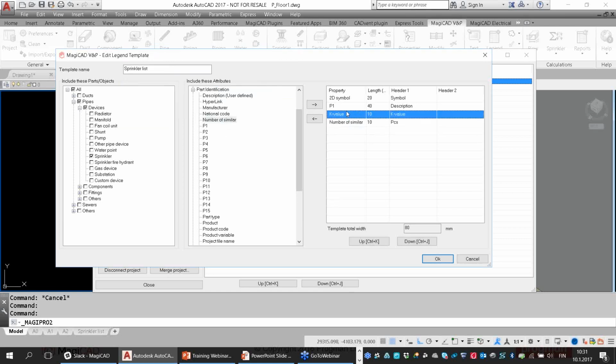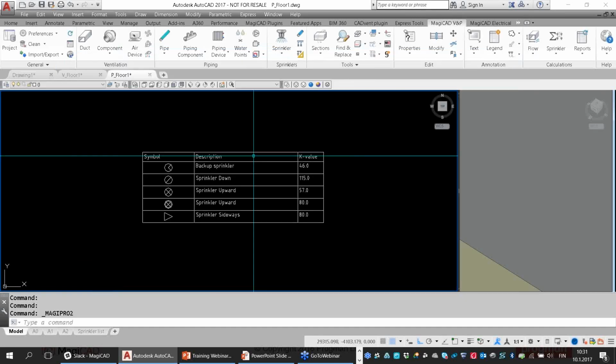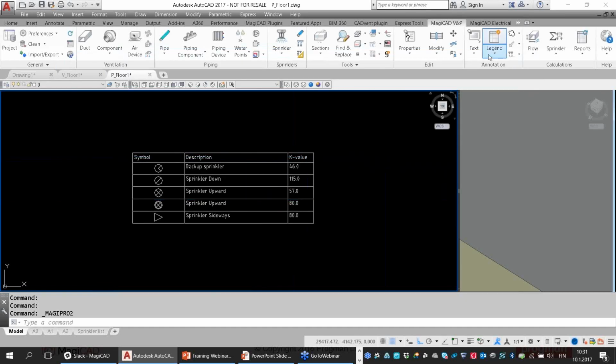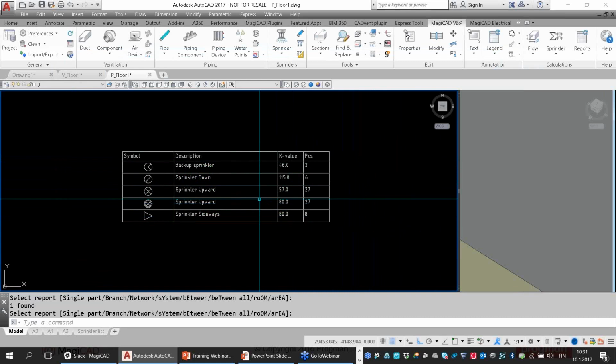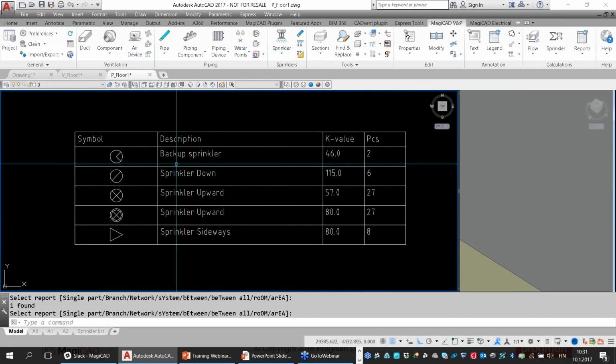It goes to the last of my legend template. If I want to move this first or something, I can use these up and down functions from here. But now I just want to add this number of similar. I click OK, close. And now when I'm selecting legend and update legend and click this, you can see that now it is updated,